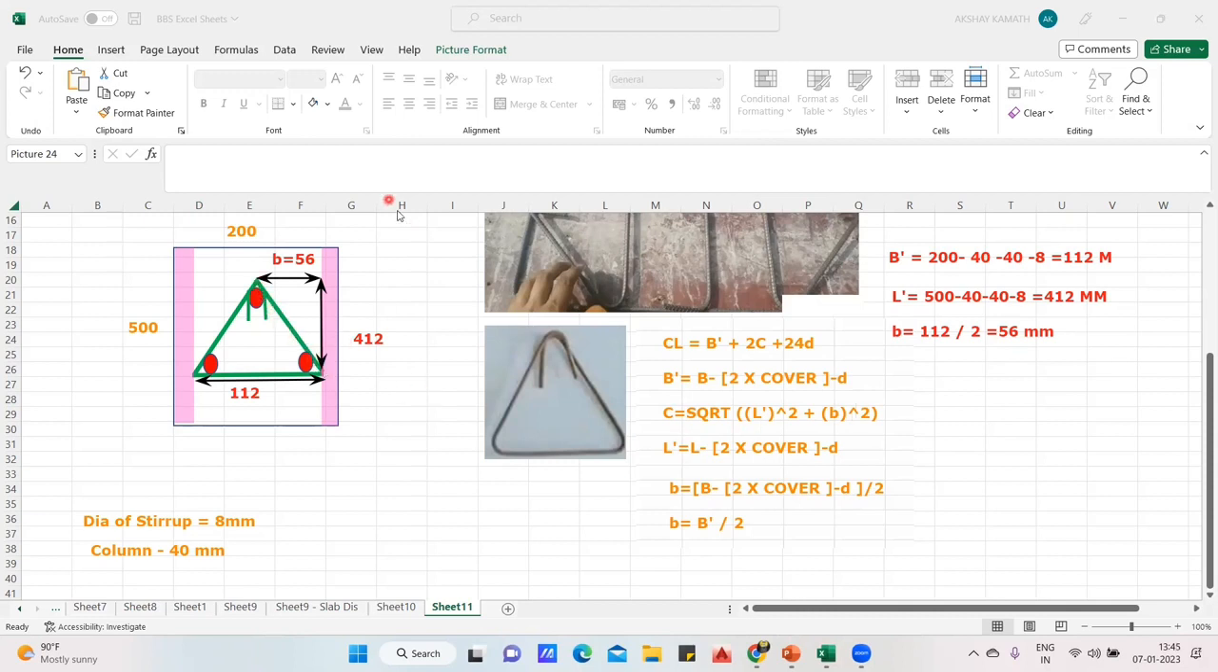That means if I want to find this, from here to here, what I'll do is simply apply the Pythagoras theorem. 56 square plus 412 square, whatever answer you get, if you put the square root to that, this will be that answer. So now I'll write C. So now C will be